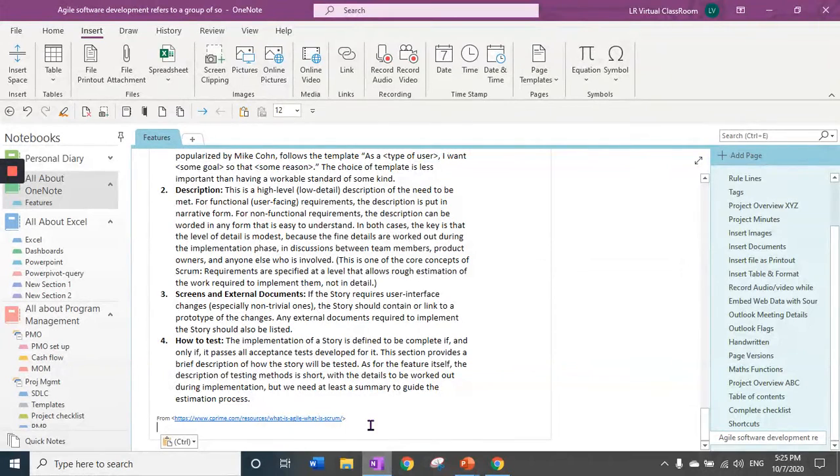As you can see, there is a link here at the bottom. This will enable me to know where I got this content from. It's a very good reference, and I don't have to bookmark each and every site that I come across in the open source. In this way, you have all your links with your content in one place.